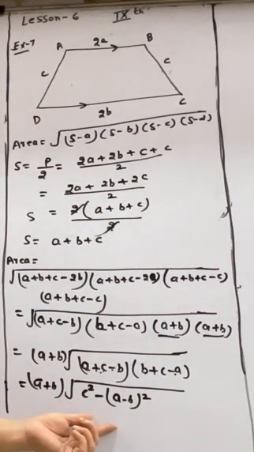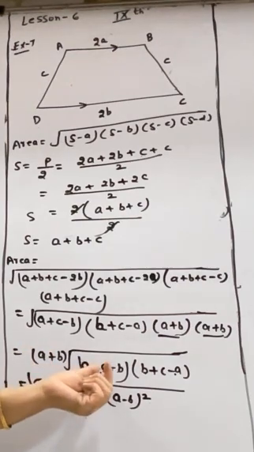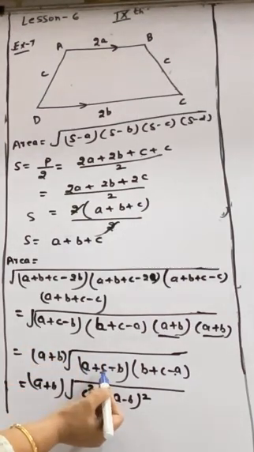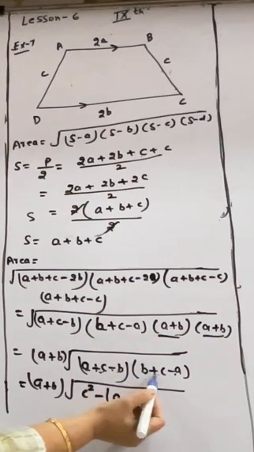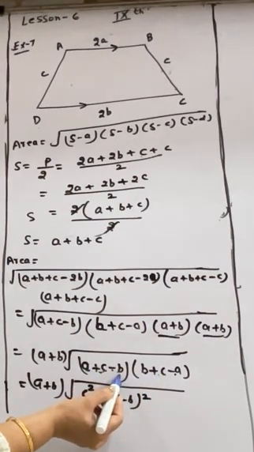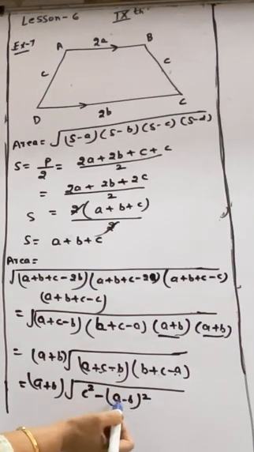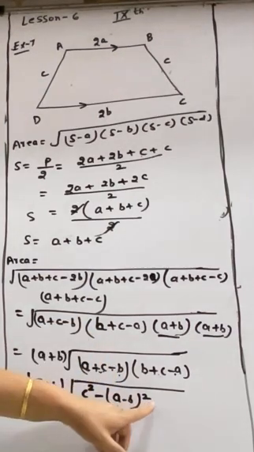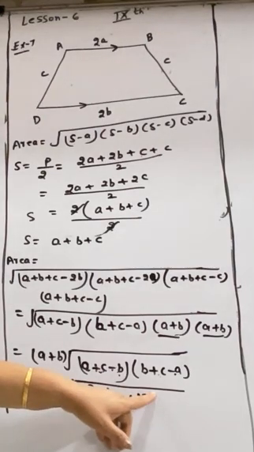(a plus b)(a minus b) is a square minus b square. What is a? The one which doesn't change the sign. So what is not changing the sign? C is not changing the sign. So C square, and the remaining is A minus B, A minus B whole square. If you want, you can write it as B minus A also. It doesn't matter because it is a whole square. So again, it will be the same thing only.